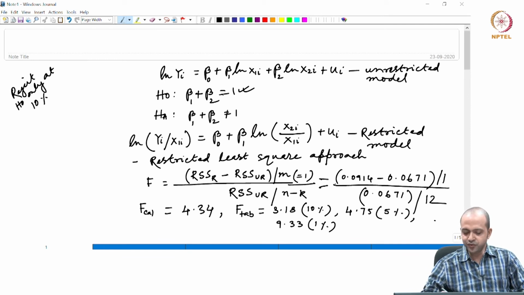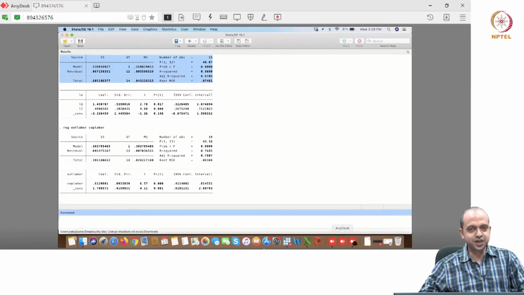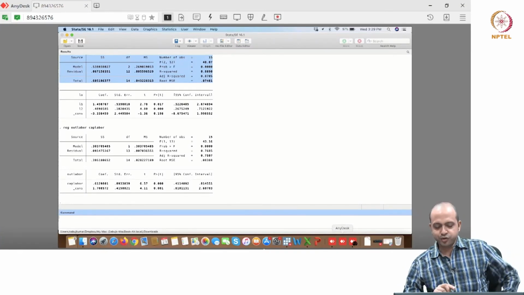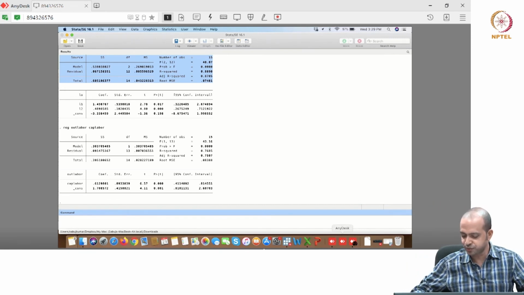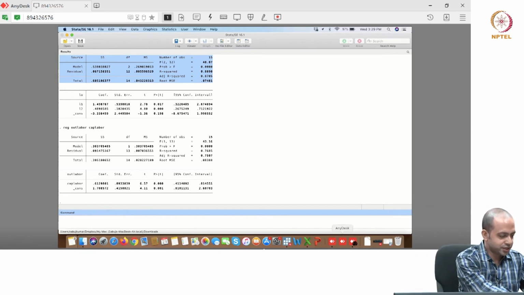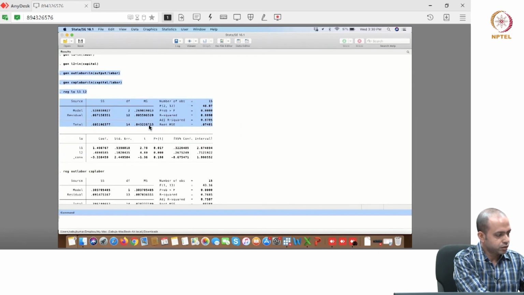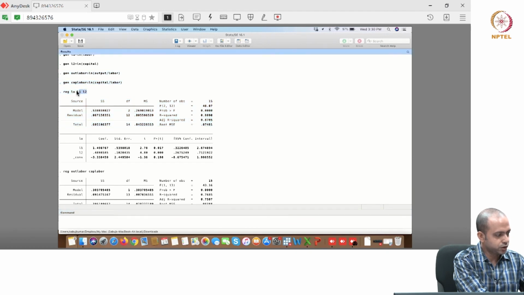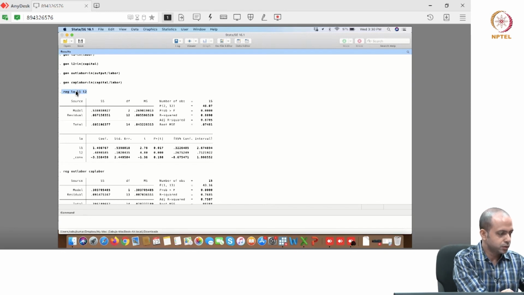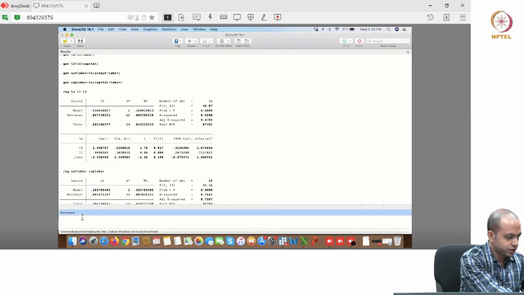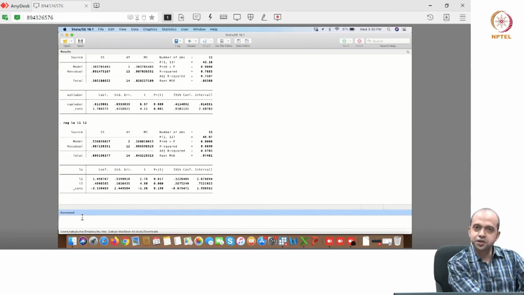But in Stata, there is one inbuilt option. You do not have to calculate all these things. In Stata, there is an inbuilt option for conducting this particular hypothesis testing, and for that you have to use one specific command. Once you run your original model, this is my original model, reg. I will just copy the command once again. So, just run the model once again, reg L O L1 L2. This is your model,